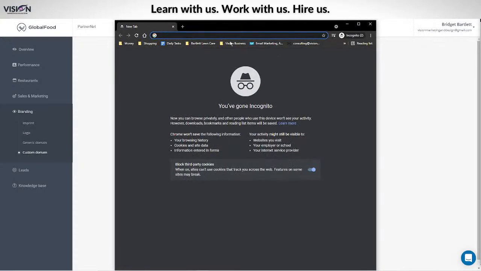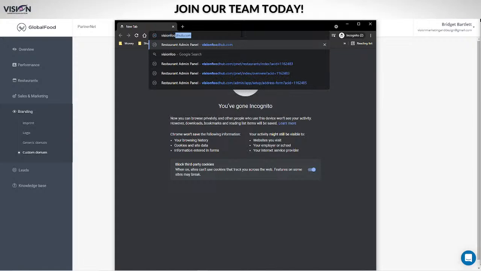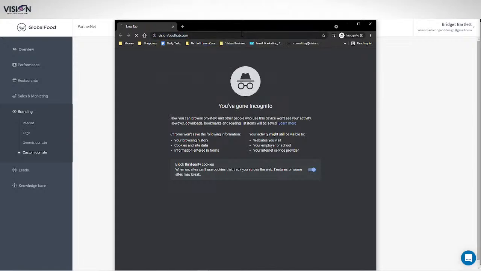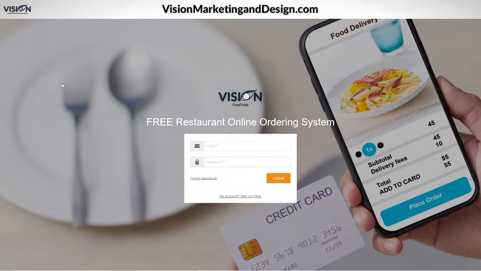So if I open this incognito window and I go to visionfoodhub.com, then it actually goes to this page here. Okay, so you can see, and if you haven't noticed, I definitely stick with the Vision brand on everything. I have Vision Local Marketing, Vision Marketing and Design, visionfoodhub.com, and visionmarketingtools.com, and